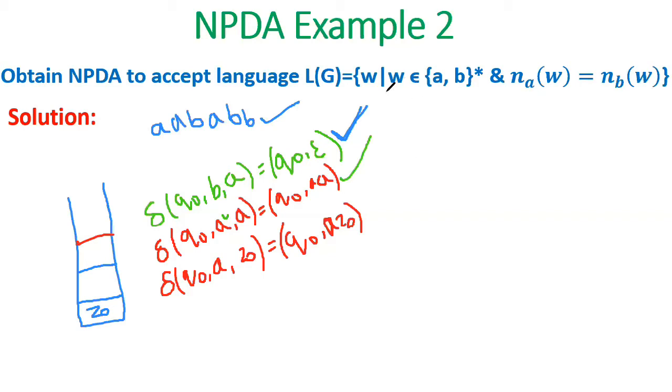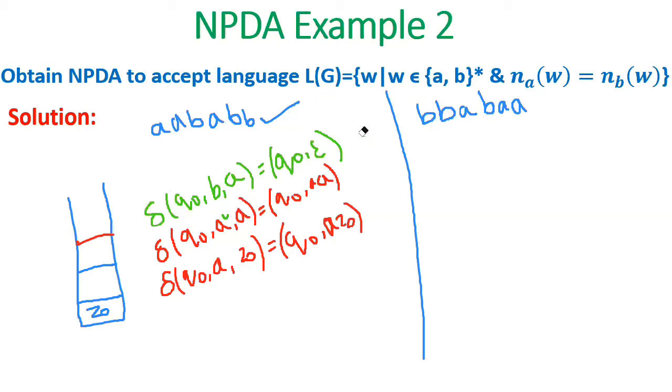So keeping this problem apart, we'll see the exact opposite of the string and what transitions we'll get. Now see, suppose I take B, B, A, B, A. Now, whatever transitions we have written over here may not be applicable for this set of strings. We can use them, but we'll see how we can implement the same.